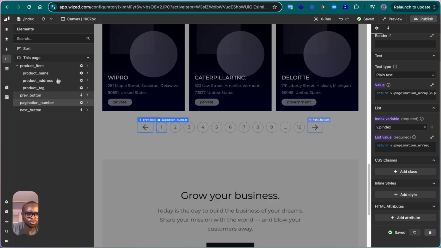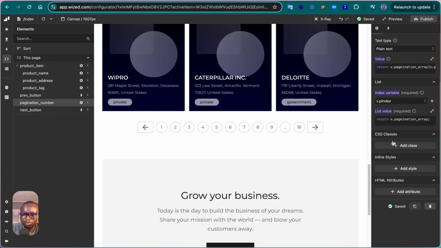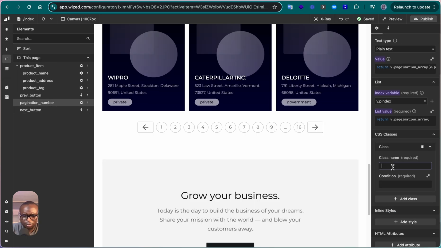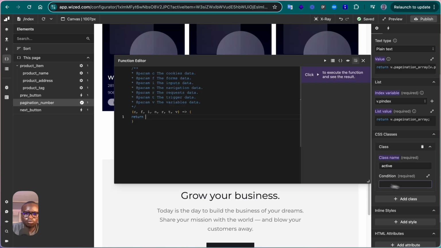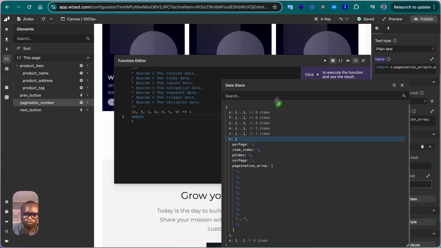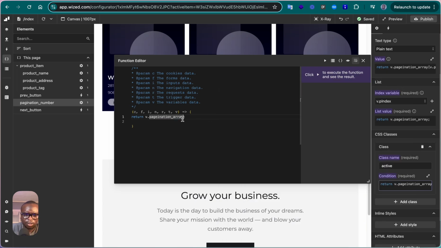So we will go to pagination number, and set the CSS class called active, and the condition will be if v.p index equals